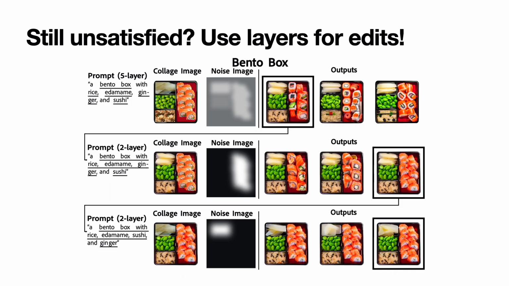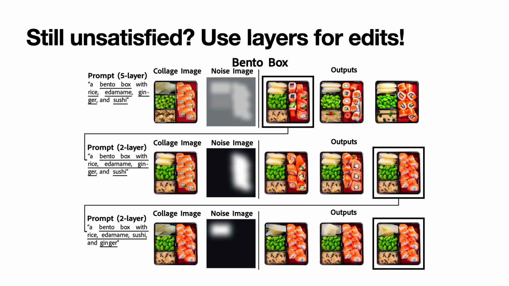Now let's say that we still don't like the final image we got. Layers are great not just for generation, but also for editing. In this example, in the first row, we've generated 3 candidate bento boxes. But let's say we don't quite like the orientation of the sushi in the box on the first row. We then can basically leverage that as a new starting image and use a modified version of blended diffusion to